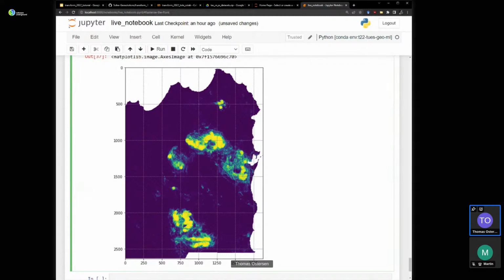So if you think about it, when you randomly select a pixel for testing, it is likely that that pixel is right next to a pixel that you used for training. And because of spatial autocorrelation, those pixels are likely to be quite similar. So you're essentially validating your model on data that is very similar to the training data, and thus you end up with overly optimistic validation metrics.